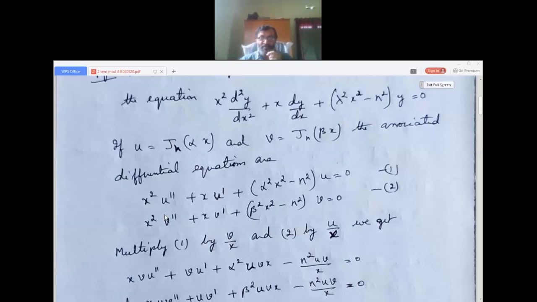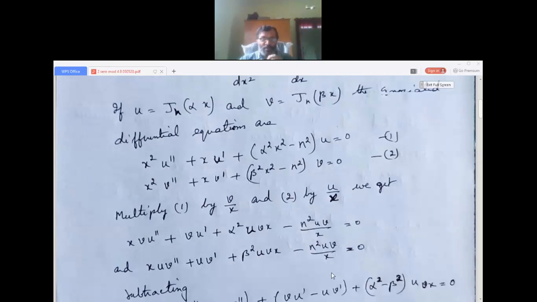I explained that. Just multiply and see, take a pencil, write it down and do it in the notes. See the PDF and write it down. And if you get a doubt, again see the YouTube channel where I'm explaining. It's very clear, but it is important. So then what happens, you multiply equation 1 by v by x, you will get this term. You multiply equation 2